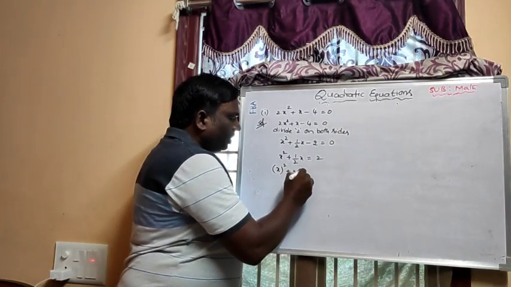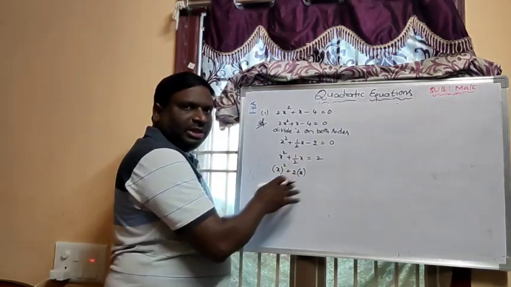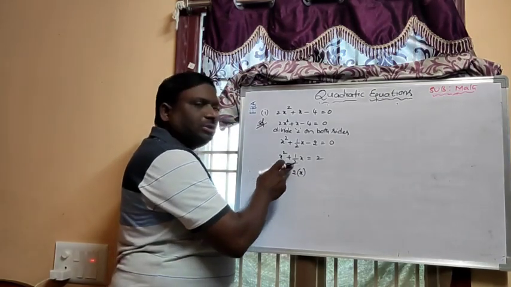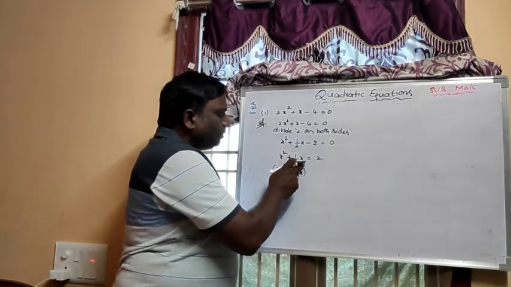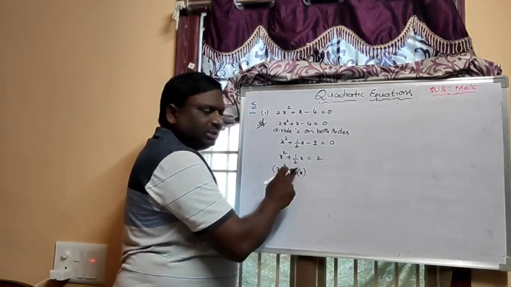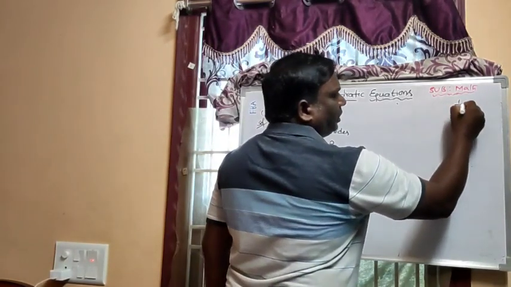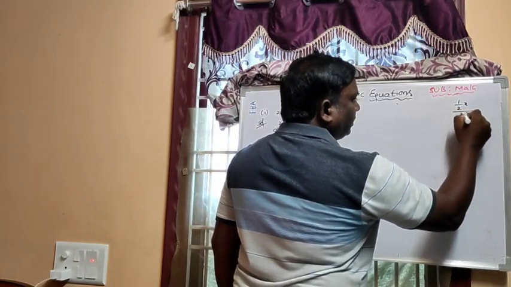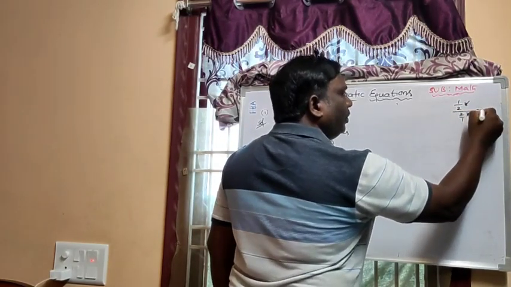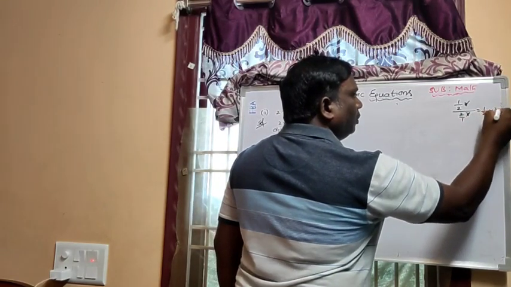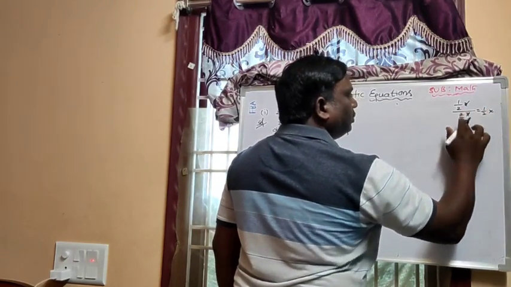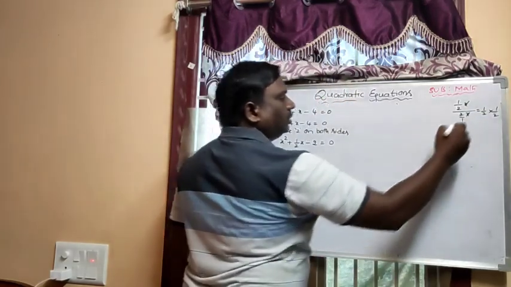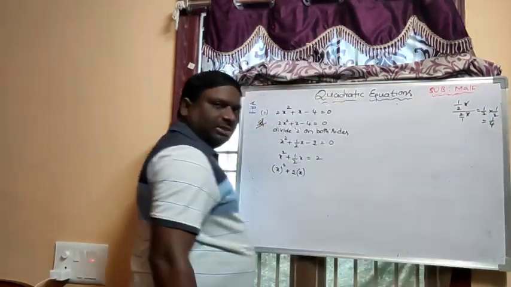Plus 2ab. Now I am deciding b. The method to decide b: 1 by 2x divided by 2x. Do the simplification in your rough page. 1 by 2x by 2x, x cancels. Here 2 by 1, when you take the reciprocal, 1 by 2 into 2 by 1, it will become 1 by 2. So your answer is 1 by 4. That is the b value.